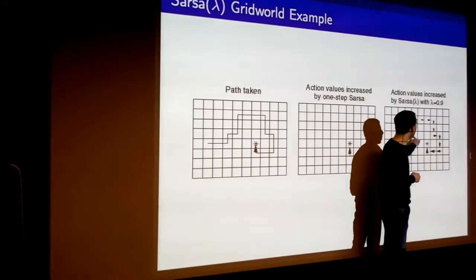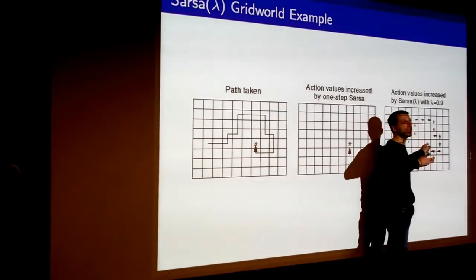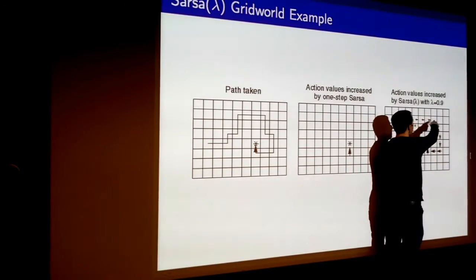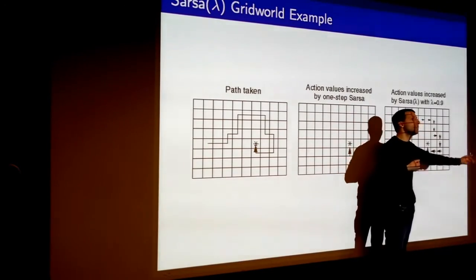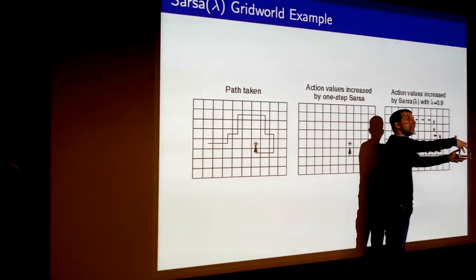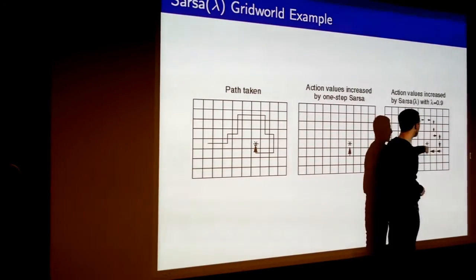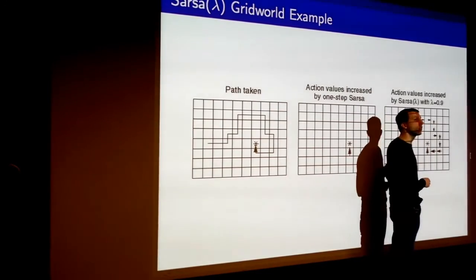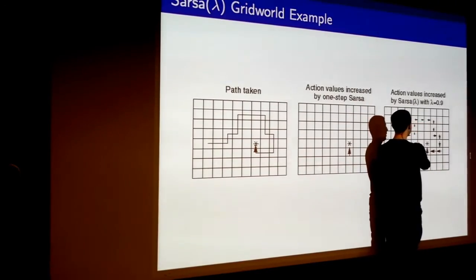Now the fact that the reward only occurs at the end of the episode means that you don't actually gain any information until you reach there. So these arrows are basically showing you, by the time you get to the end of the episode, what's the effective update that you see. But imagine that you pass through this reward and then you carry on, and then you get another reward, and then another reward, and another reward. So what would happen with SARSA lambda is that nothing would happen